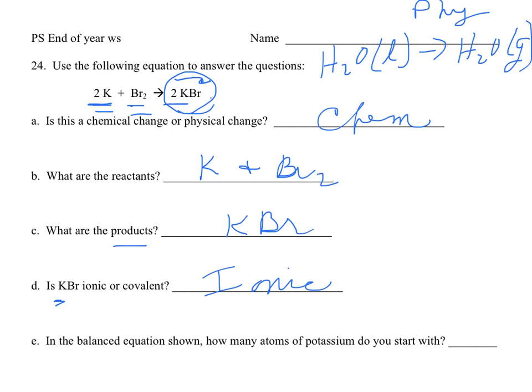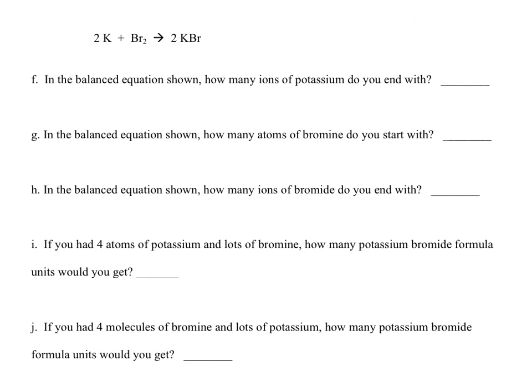In the balanced equation shown, how many atoms of potassium do you start with? Well, you would start with 2 because you have the coefficient 2 in front of the K, so you'd have 2 potassiums. Same equation up here. In the balanced equation shown, how many ions of potassium do you end with? So we have 2